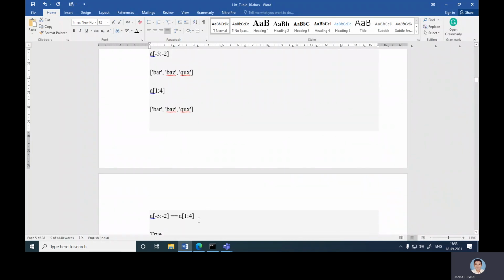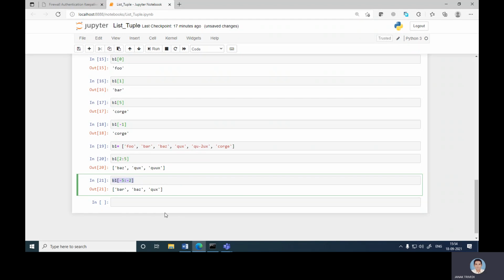You can also examine whether the negative index and positive index slices are the same or not with this particular condition, like b[2:5] compared with b[-4:-1]. I want to calculate that b[2:5], these bars, quacks and codes, are similar to -4, -3, -2, -1, because I want to include this last element.